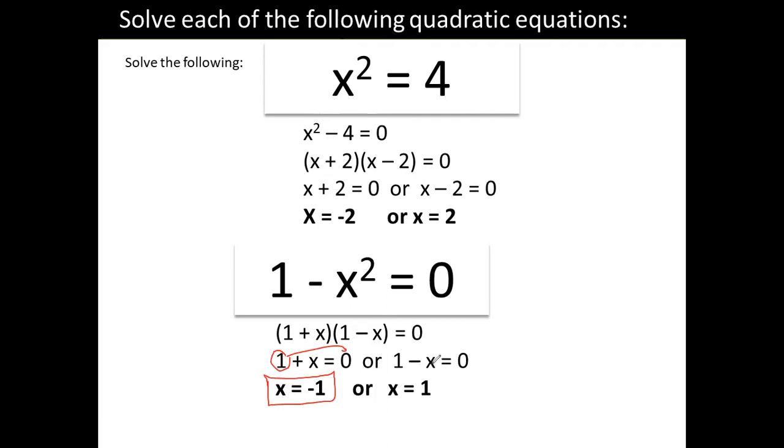You have here positive 1 transpose becomes positive, but take note you have to divide it by negative 1. So that is why it is still positive. So therefore, the value of x